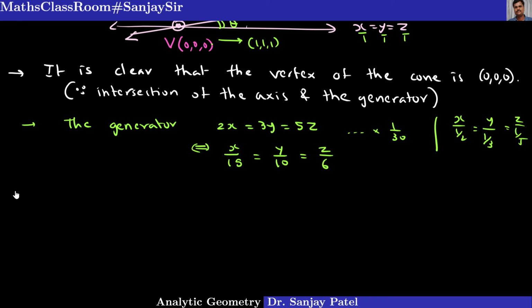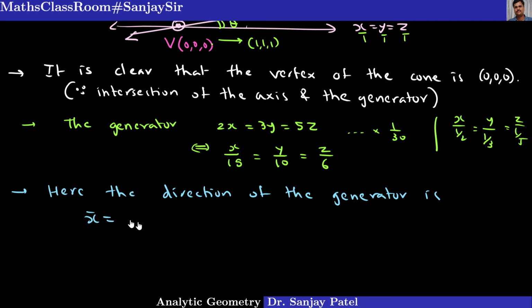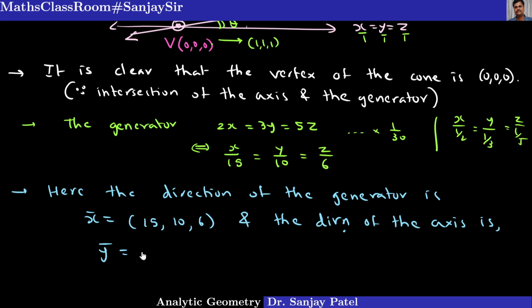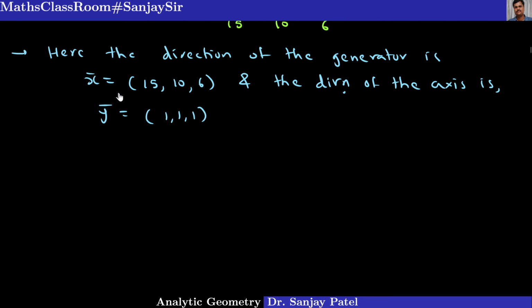So let me mention that here: the direction of the generator is, say, x bar is equal to 15, 10, 6, and the direction of the axis is, say, y bar is equal to 1, 1, 1. It is here. Okay. So therefore, the semi-vertical angle theta is given by the angle between these two vectors according to our definition. So the semi-vertical angle, which is not given to us, theta is obtained